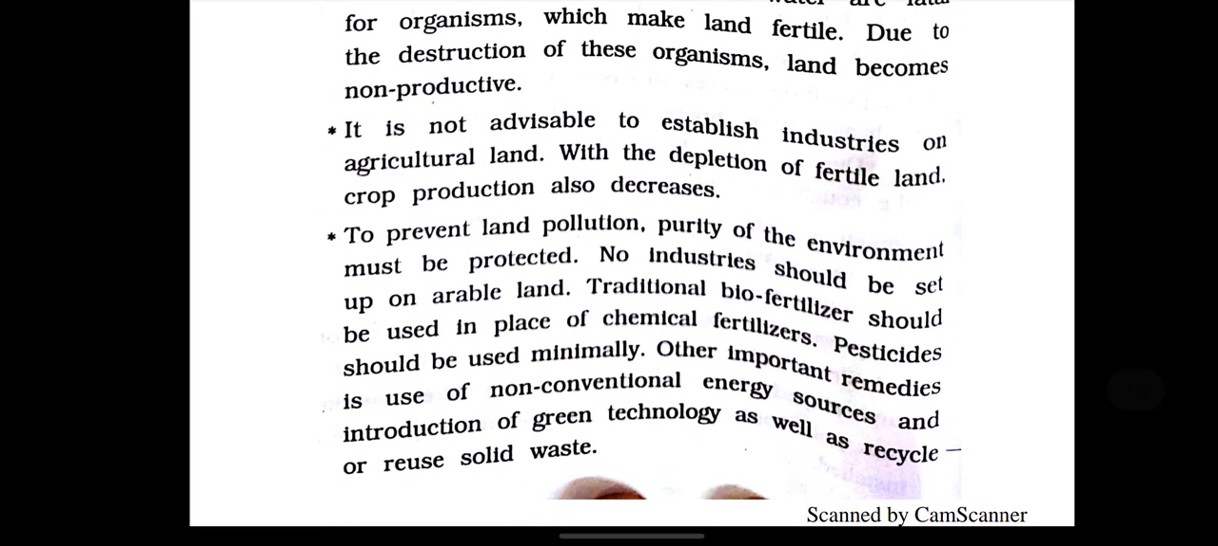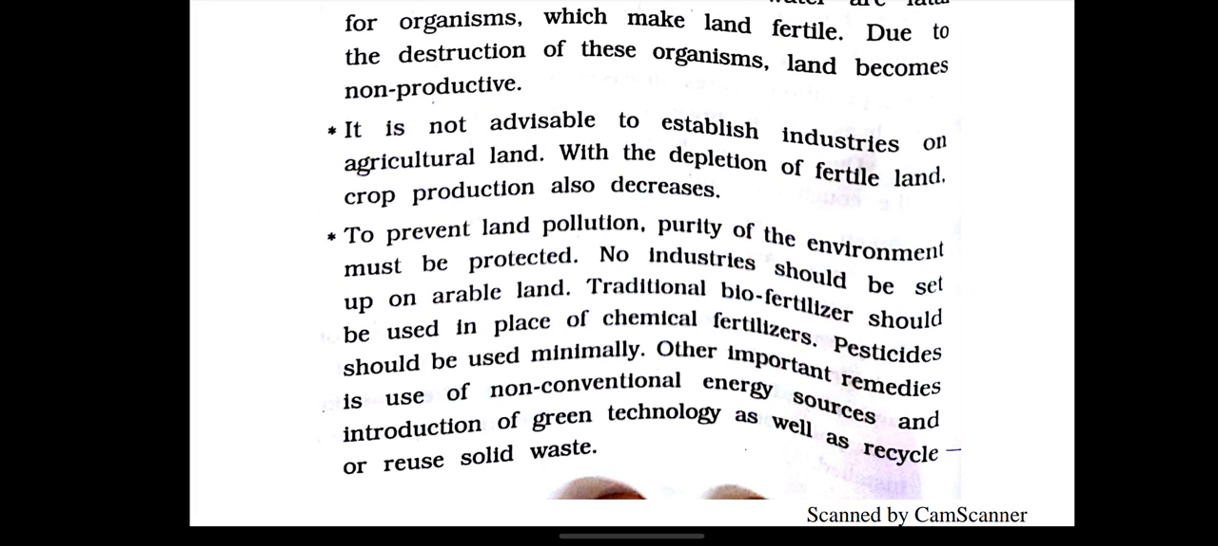To prevent land pollution, the purity of the environment must be protected. No industries should be set up on arable land, means the land which is used for agriculture. Traditional biofertilizer should be used in place of chemical fertilizers. Pesticides should be used minimally, means in a very low quantity. Other important remedies are the use of non-conventional energy sources, introduction of green technology, as well as recycling or reducing